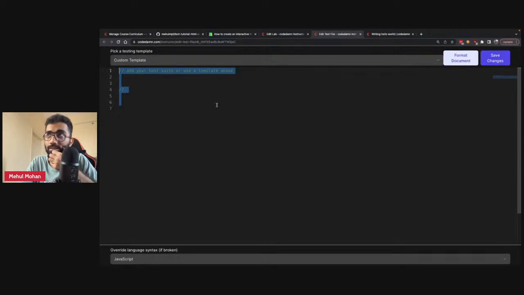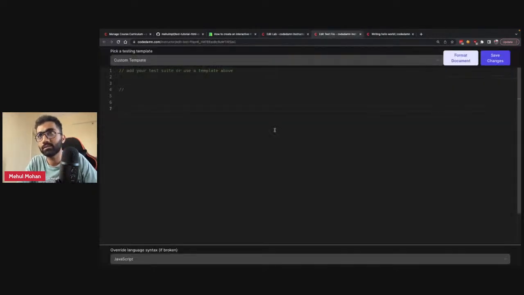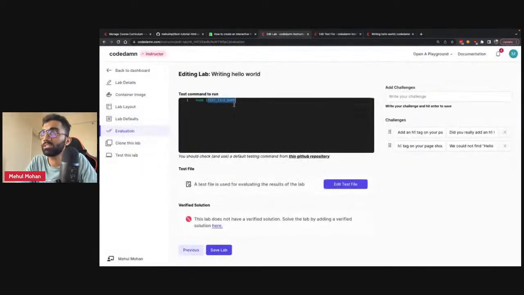Now, this is the file which would be available inside of a container at runtime automatically, inside of this $test file name thing. So what that means is if I have, let's say, console.log hello over here, and if I save this, what I'm essentially doing is running a script with Node which has contents as console.log hello. So that is all we are doing.